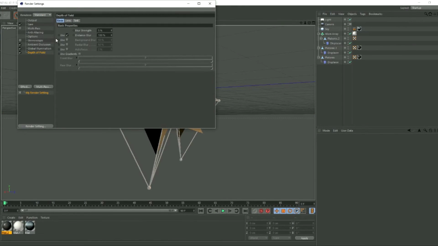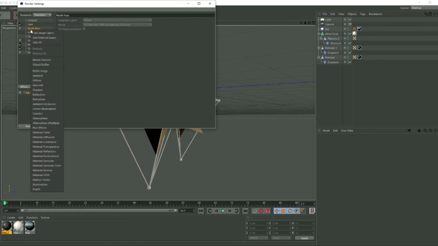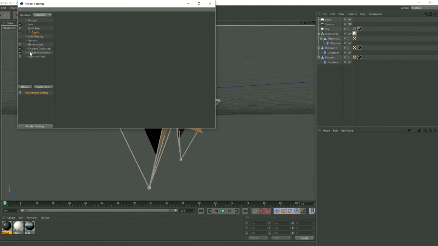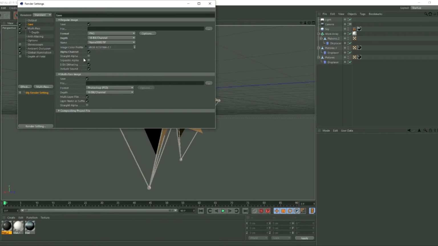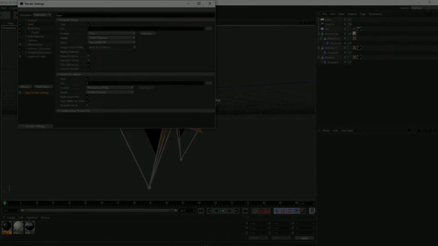If you want to render your object with depth of field on, go ahead and uncheck that. Go to multipass, right click on it, do depth, and then you'll see this here when you go to save it. So you just have to save a version of it, or not a version, but what you save here will be the image, and then what you save here will be the depth pass. So that's what you'll use inside of After Effects to give it some depth of field. So I'm going to go ahead and get everything rendered out, and then I'll see you guys in After Effects